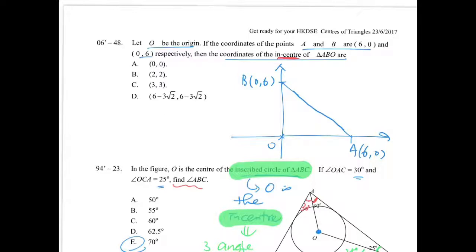One way is, you can draw angle bisectors in order to figure out the point. But you will find that this method doesn't work because it's very messy. And you don't know how to start it because it's not easy to turn angle into coordinates. So that's why for this question we need a very special method, which is also about the inscribed circle